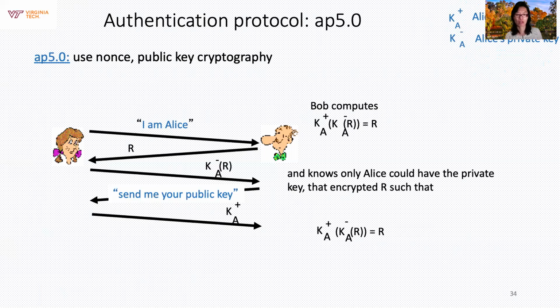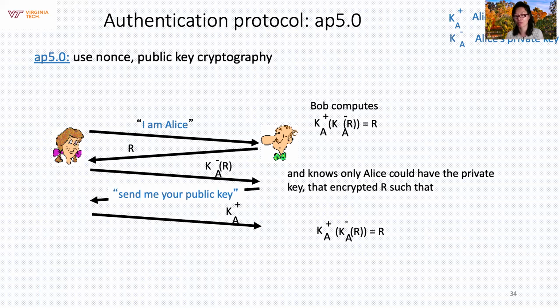Bob sends back the nonce, assuming Bob knows Alice's public key. And then Alice would encrypt the nonce with her private key, which of course only Alice knows. And Bob, using the public key of Alice to decrypt and making sure it goes back